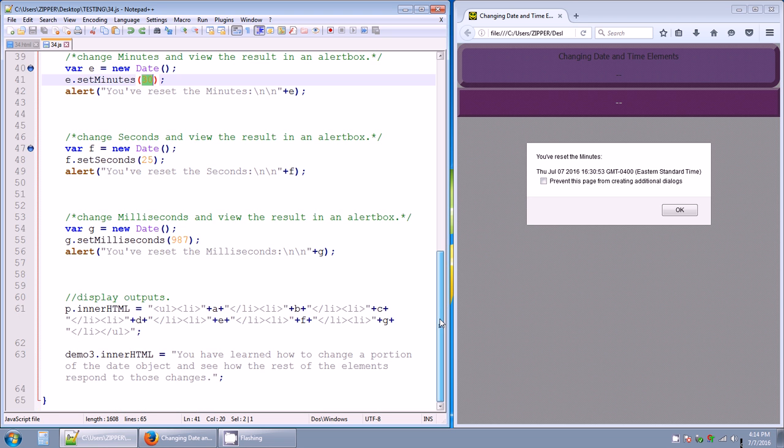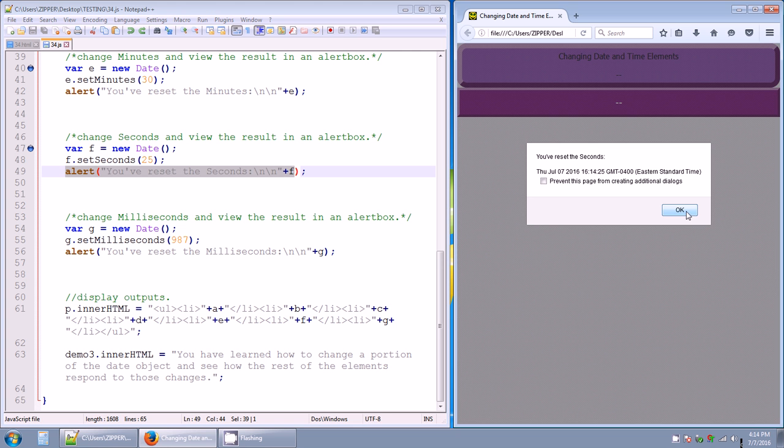Next time I click OK, we're going to show how we change the seconds. var f equals new date, f.setSeconds 25. Alert, you've reset the seconds, new line, plus the value of f. You've reset the seconds. Thursday, July 7, 2016, 16:14:25. Well, this is not showing the seconds down here, so that doesn't really impress us, but based on the patterns, we know that we've reset the seconds, even though you can't see that in this alert